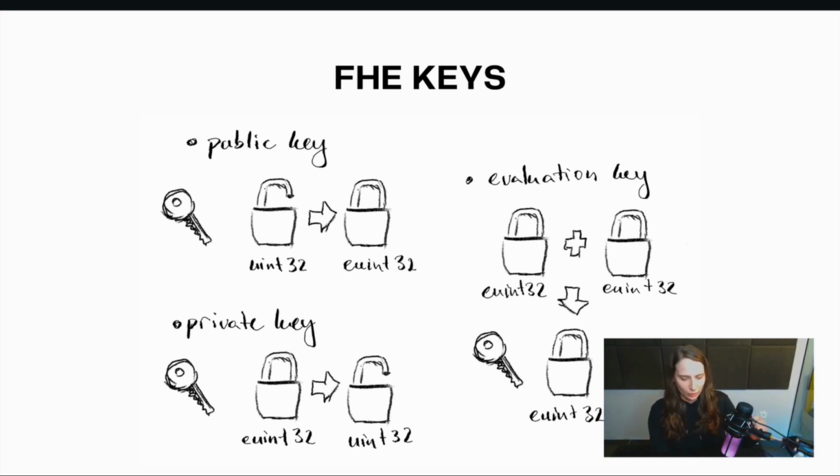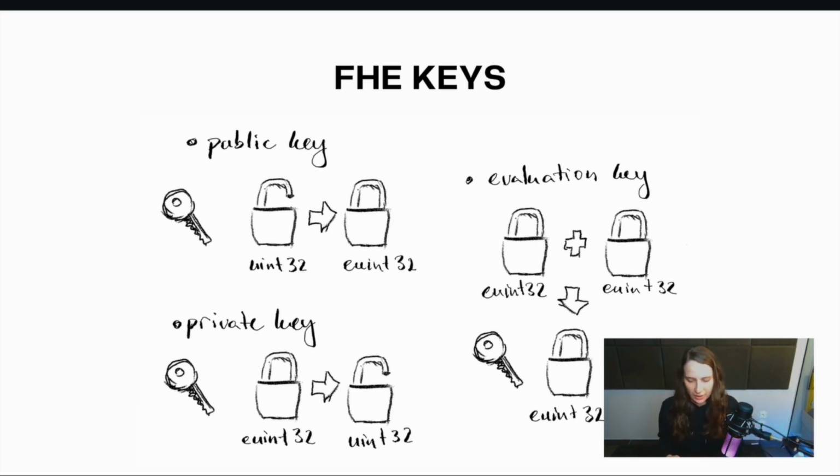And we need to know that we have basically three different keys. We have the public key. As we know, with the public key, we can take normal data and encrypt it. With the private key, we can take that encrypted data and decrypt it, right? So now it's publicly available for everybody. Before it was not. Then we have something weird in FHE called the evaluation key.